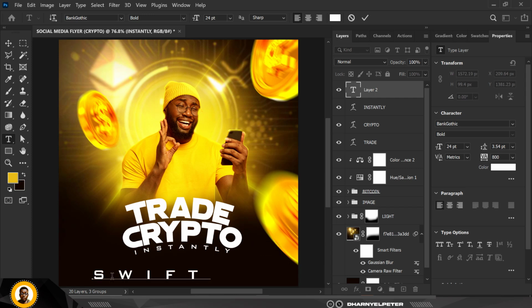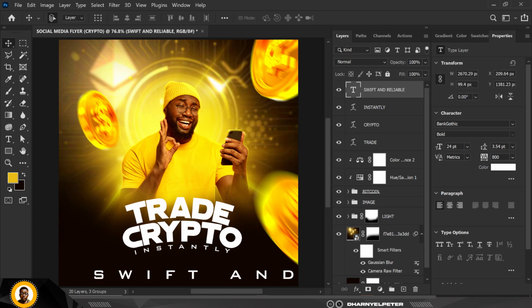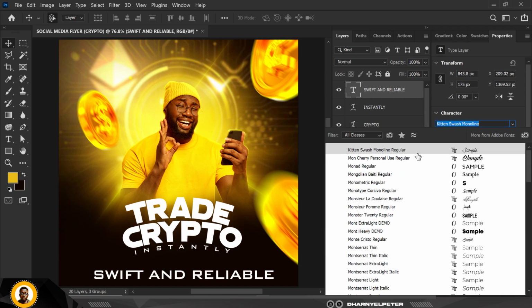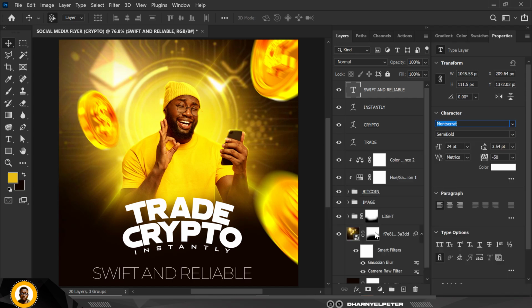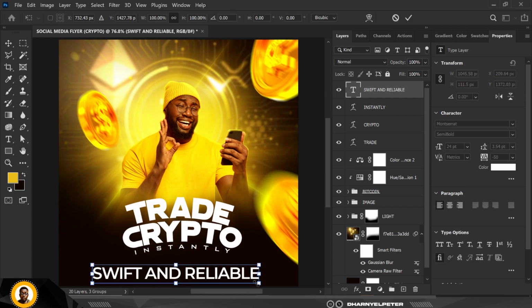So I'm just going to type something else. So of course you should remove it from this and place it back here, swift and reliable. I'm just going to change the font to something simpler, much more simple, swift and reliable, like this. What you want to do with this is make this smaller, make this smaller,